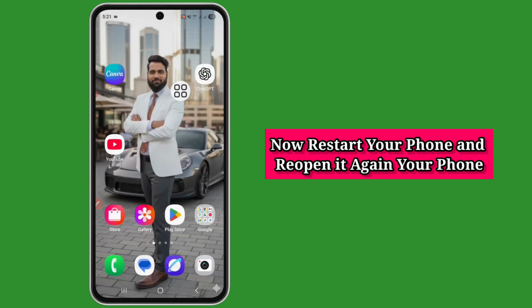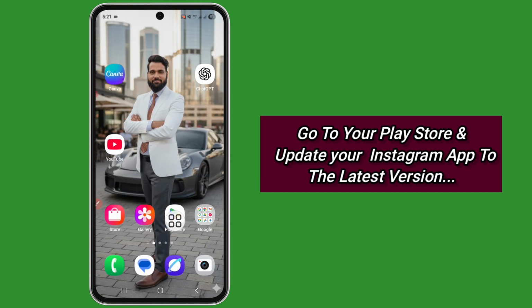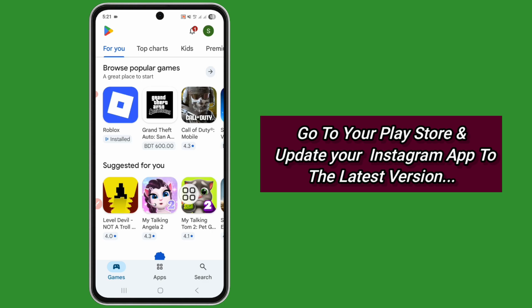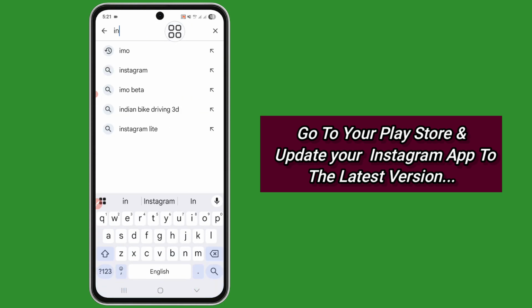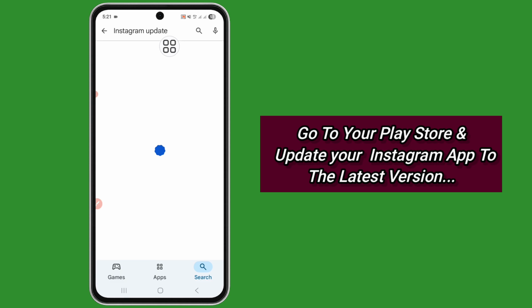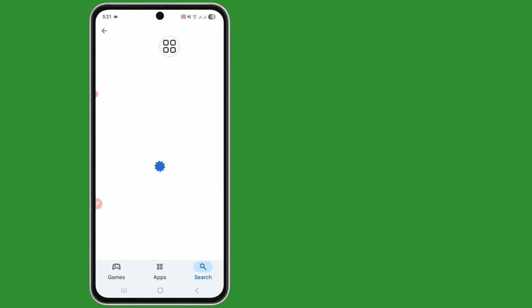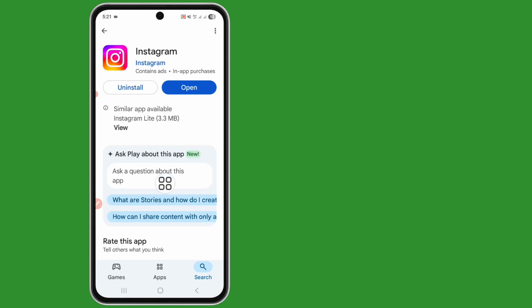Okay, go back to the home screen and go to Google Play Store or App Store, tap on the search bar, search for Instagram update, tap on Instagram update, check your update for Instagram. My Instagram app is already updated to the latest version. Okay, done. And go to your Instagram app